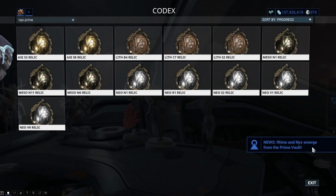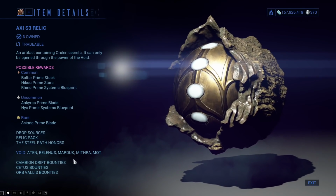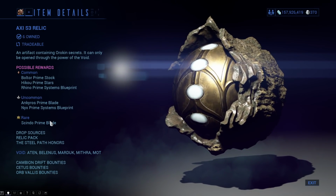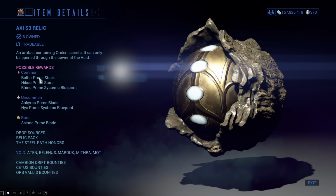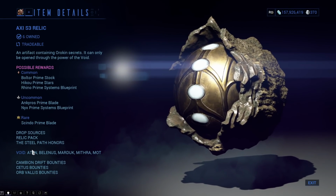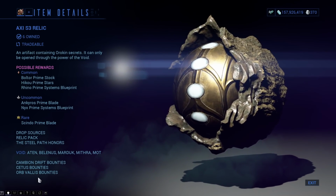Oh look, Rhino and Nyx emerged from the vault. Did you know they've been there? It is the void. This is one of the relics. You can see the Ankyros, Nyx Prime, Scindo Prime, Rhino Prime, Haiku Prime, Bolto Prime. The new relics drop from void missions, as well as getting them from bounties on the Cambion Drift, in Cetus